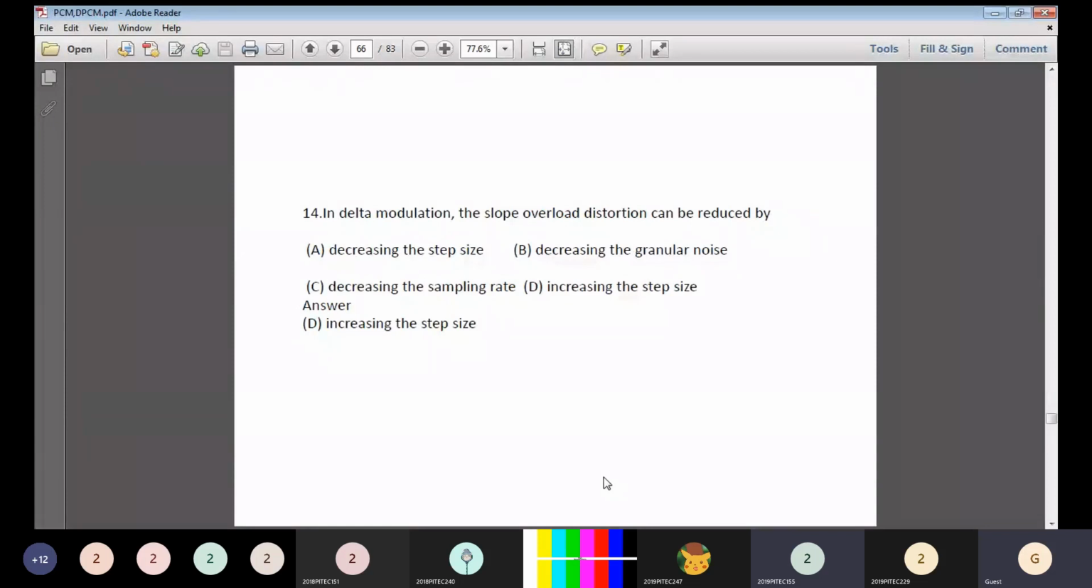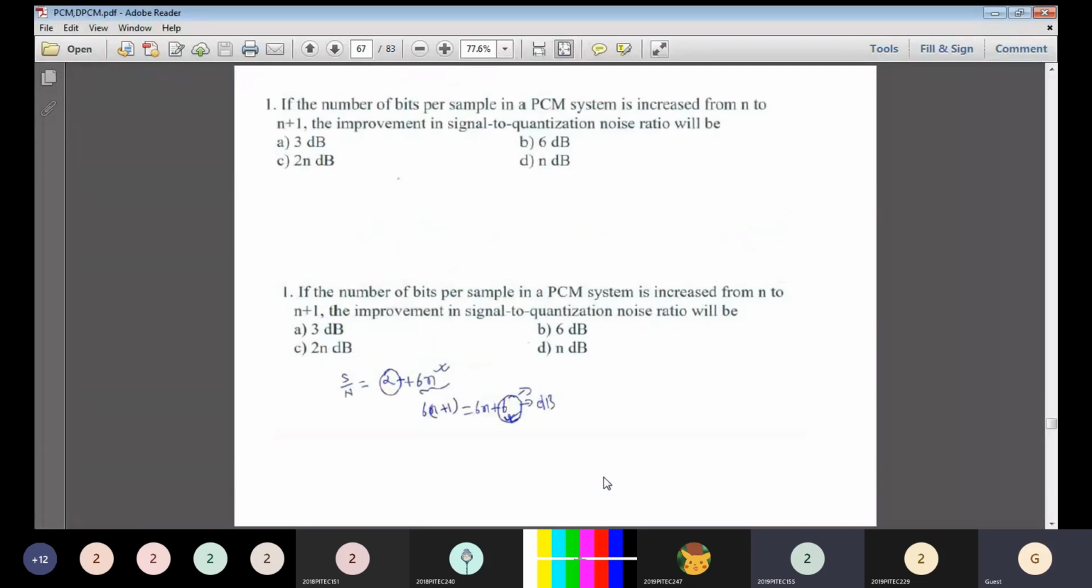If we increase the step size, the slope overload distortion can be reduced. Next,